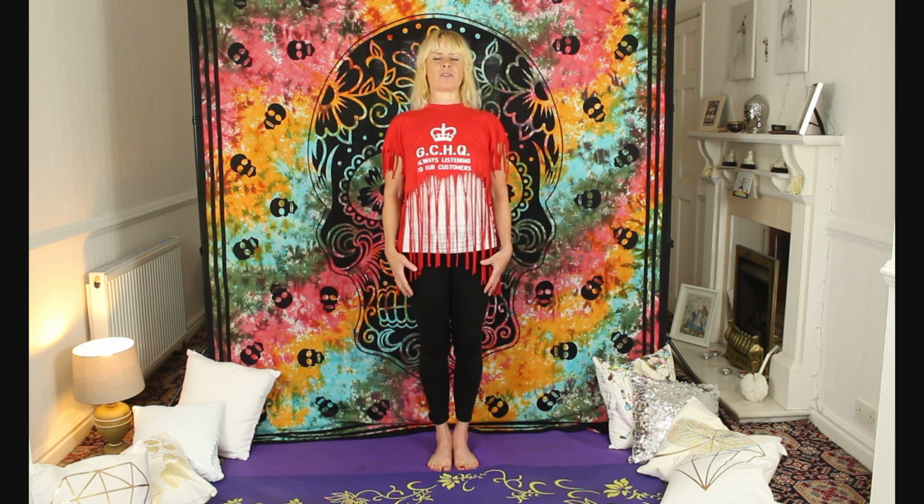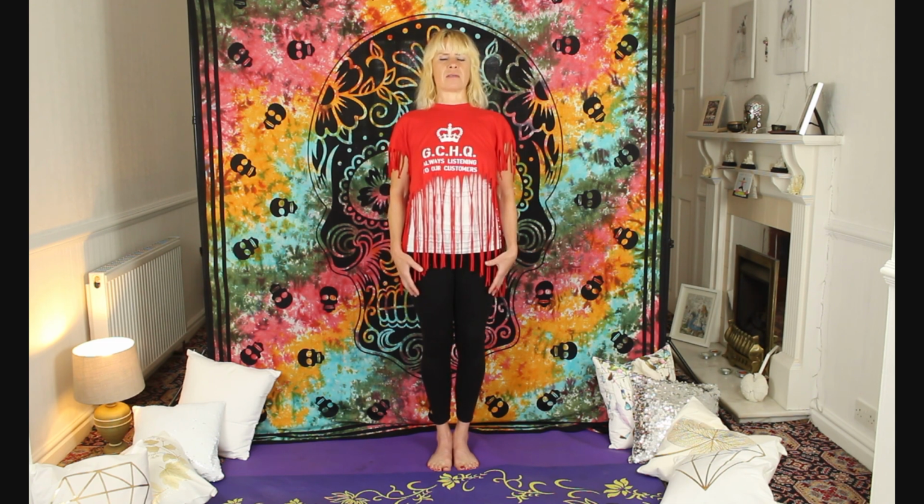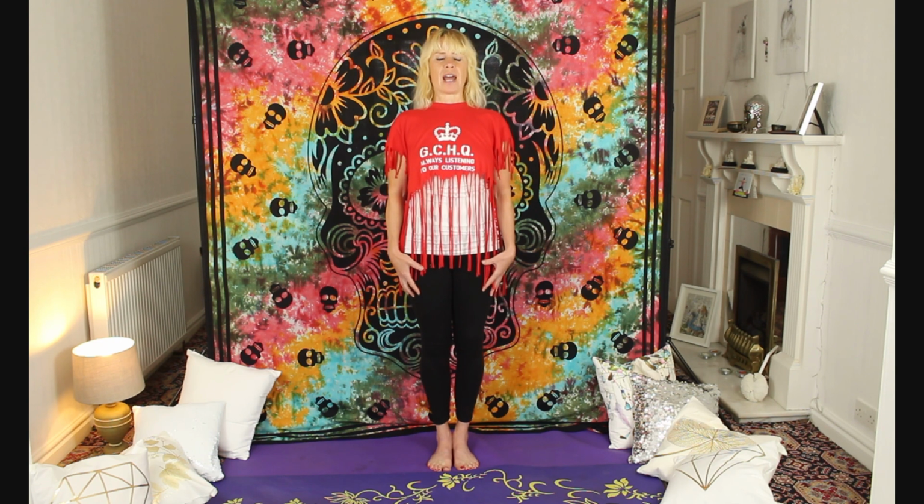And use your powers of visualization to picture your central column, your central axis, your spine, and see it perhaps as a metal pole, and you are wrapping yourself around that metal pole, pulling flesh, skin back to muscle, and flesh and muscle back to bone. Everything pulling in toward the core,